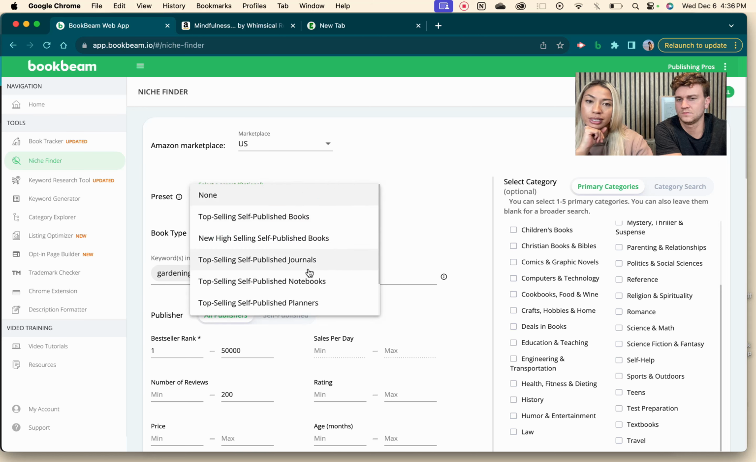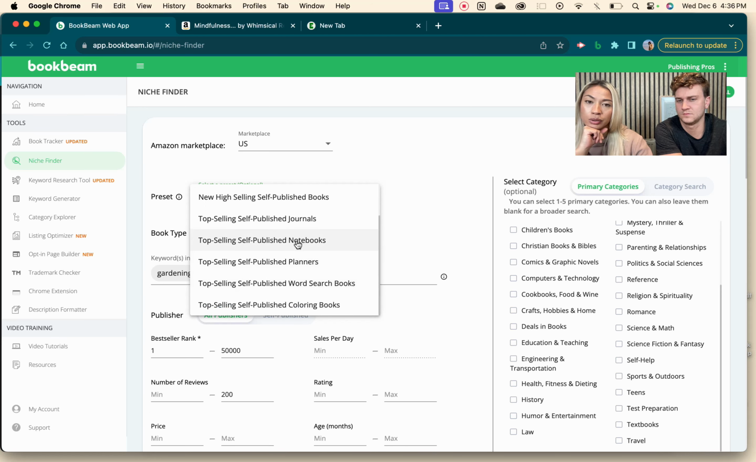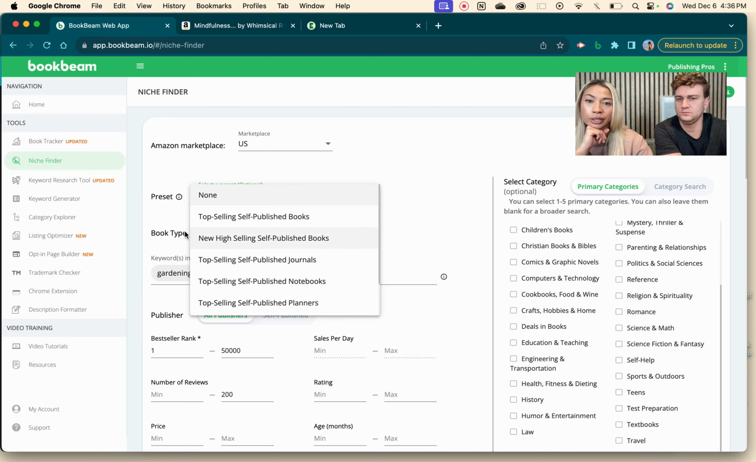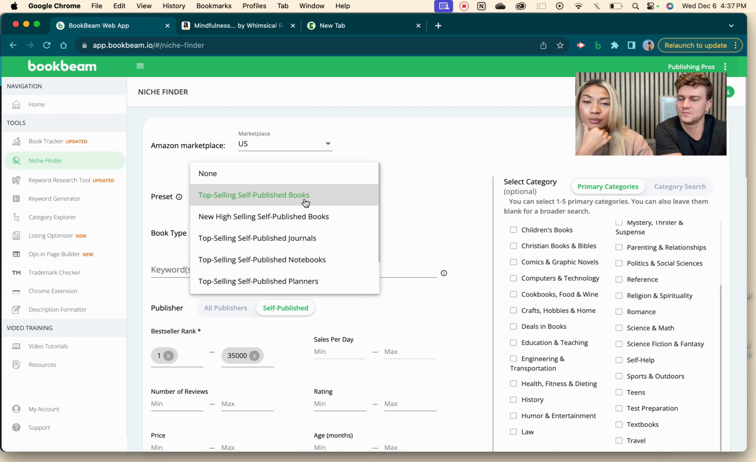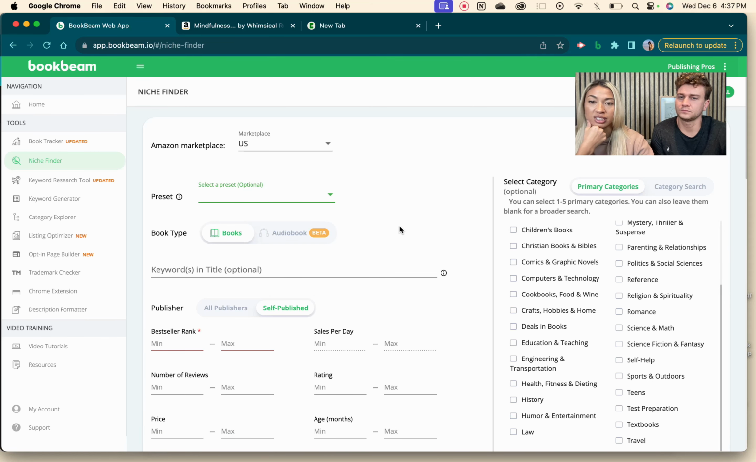And then with the preset, you can set it to different types of things. So it has some low content stuff that you can choose if you're wanting to do journals, notebooks, and planners, word search, coloring books, or you can obviously just stick to the high content self-published books. So you don't have to necessarily select anything for these, but we usually click none and then set